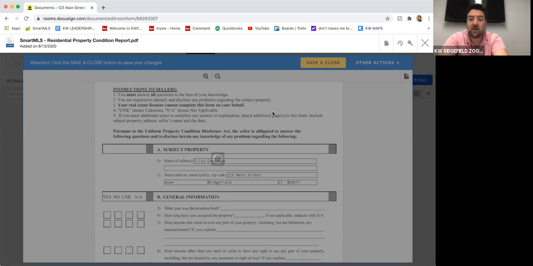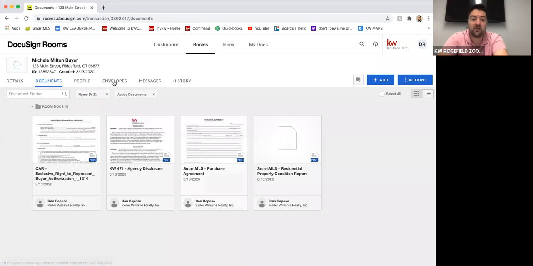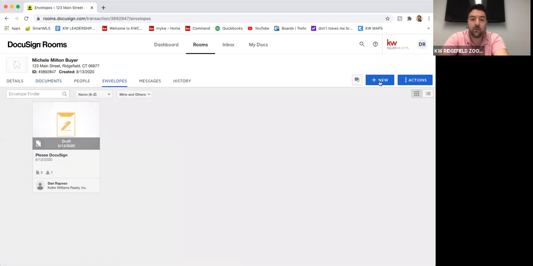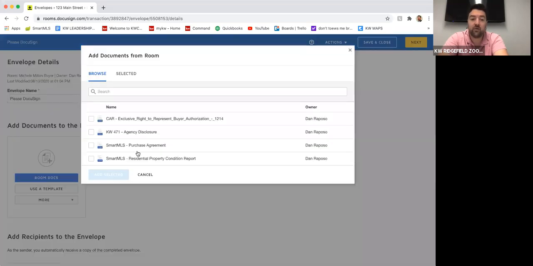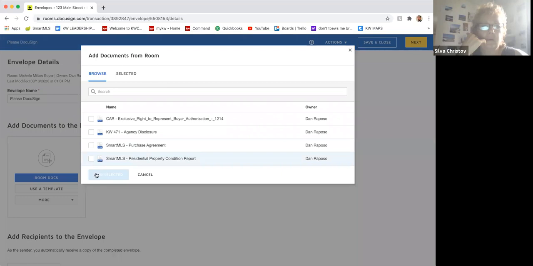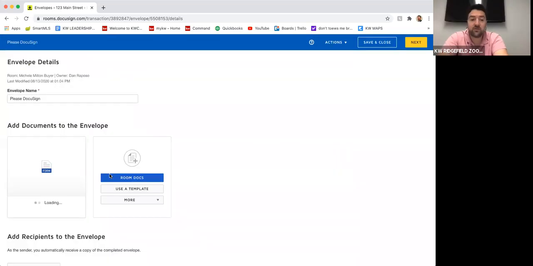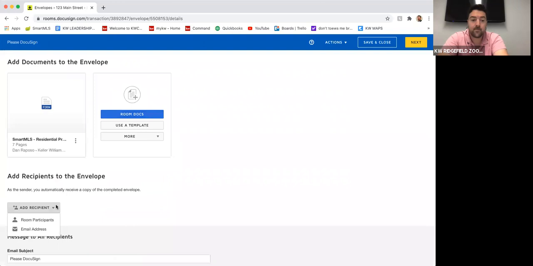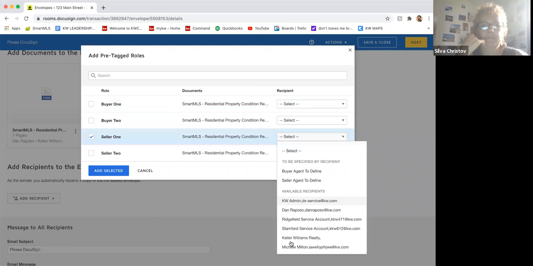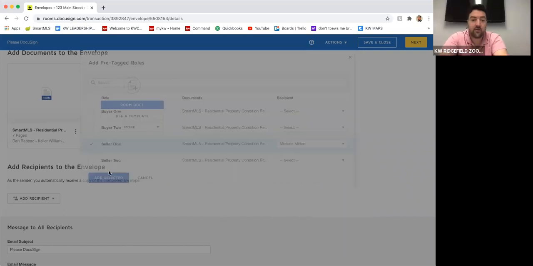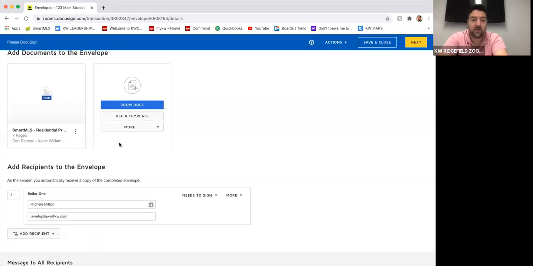But here's what ends up happening, Silva. When we go to send it to the sellers, it becomes fillable, because the sellers are the ones who are supposed to fill it out. So I'm going to just select Michelle as the person here, as the seller, because she's already in the room. So when I add that disclosure form and I add her as the seller and I hit next,